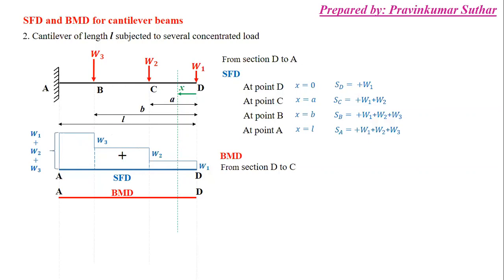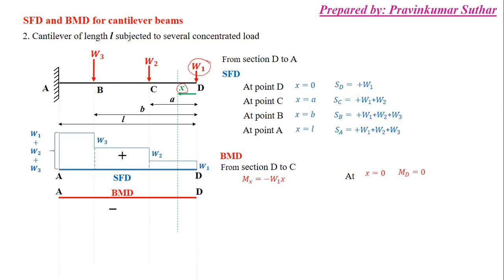So simply D to C. So first, the equation for bending moment is simply force into perpendicular distance. Okay, and this minus sign is because of the hogging conditions we already discussed in point 1. In this, simply we are taking this first W1 into x. So this is x, so W1 into x, so force into perpendicular distance. So Mx is equal to minus W1 into x, and simply this x is equal to 0, then MD is